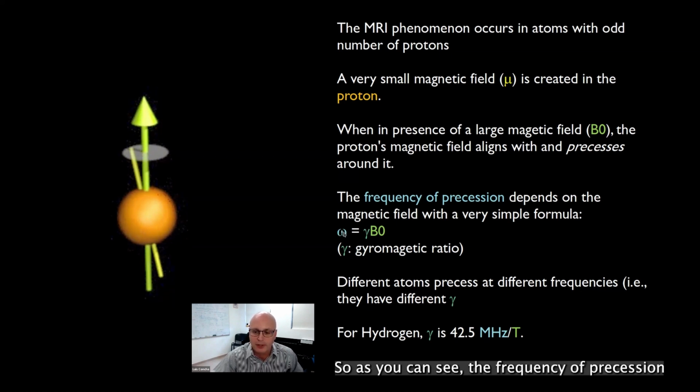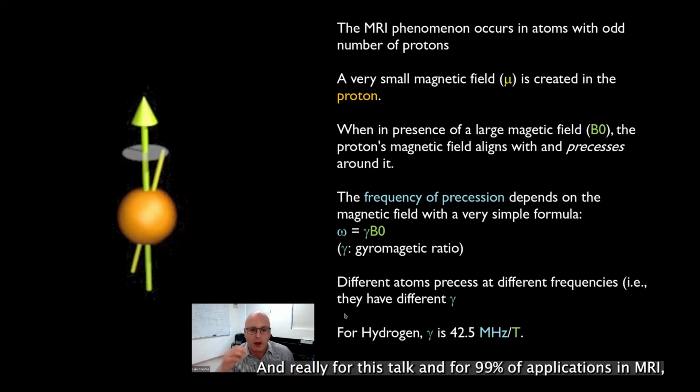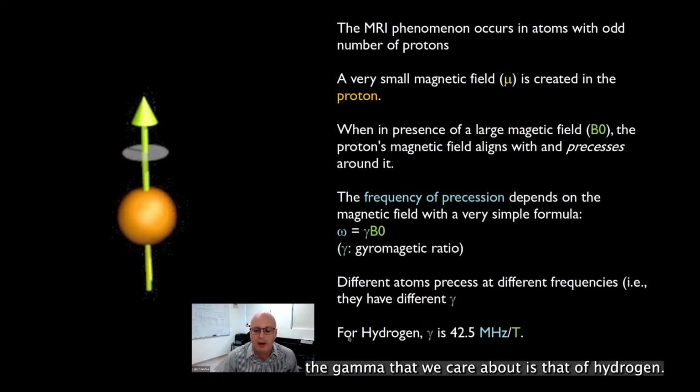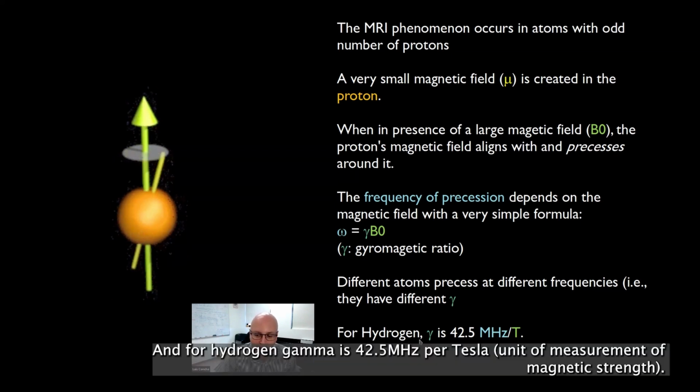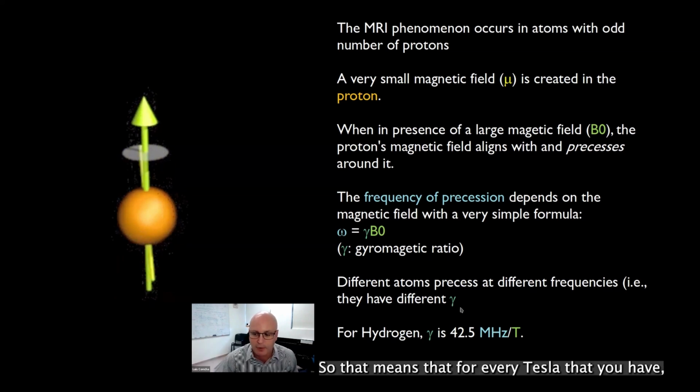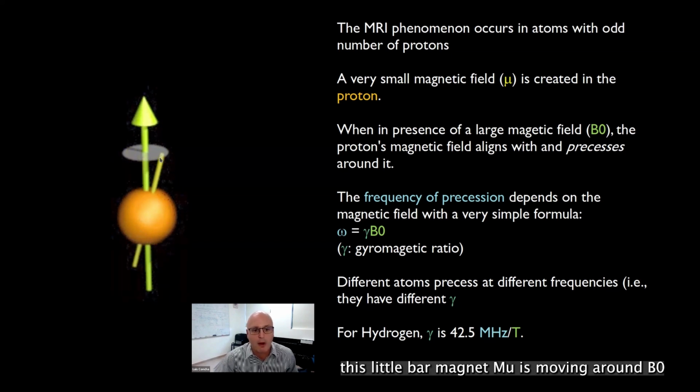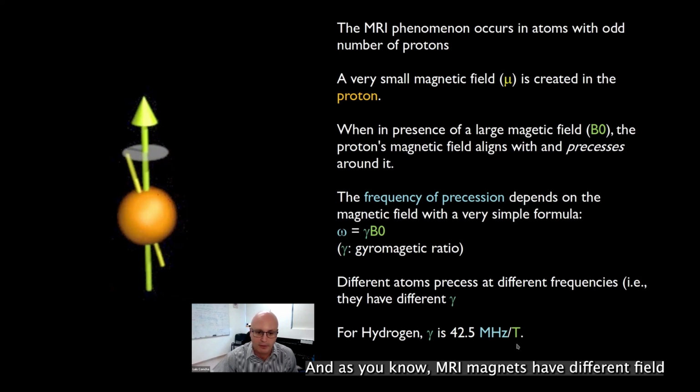So as you can see, the frequency of precession depends only on these two factors, and different atoms precess at different frequencies. That is, they all have different gammas. And really, for this talk and for 99% of applications in MRI, the gamma that we care about is that of hydrogen. And for hydrogen, gamma is 42.5 megahertz per Tesla. So that means that for every Tesla that you have, this little bar magnet mu is moving around B0 42.5 million times per second. And as you know, MRI magnets have different field